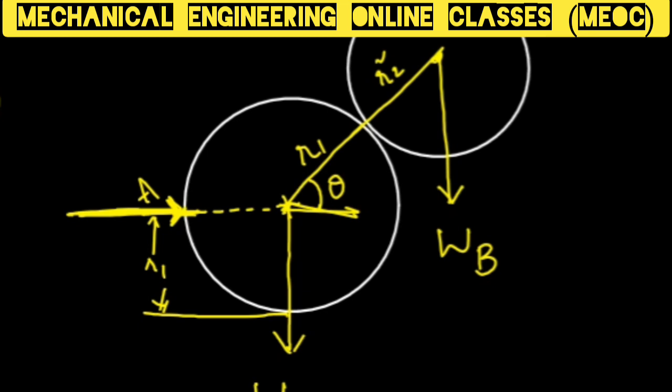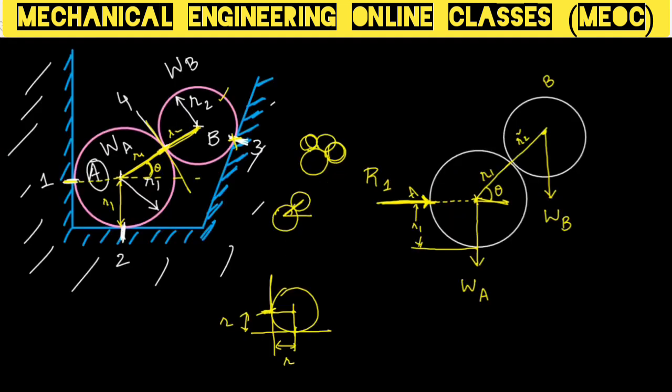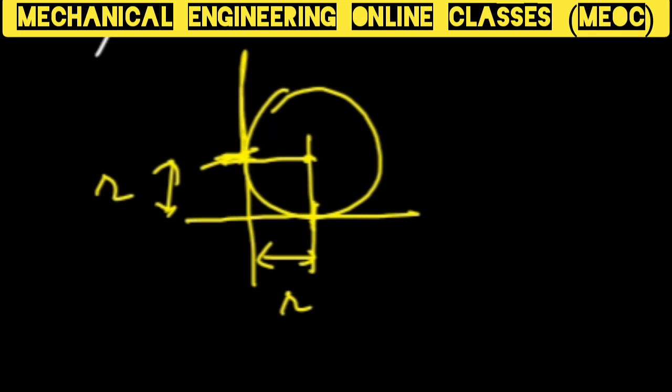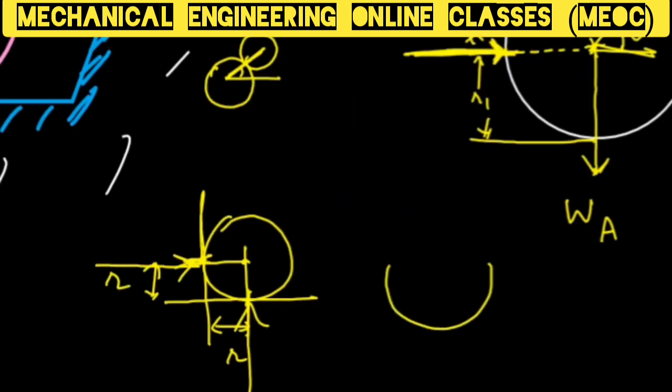So there is a reaction from the wall. Because it is at point 1, I am naming it R1. The normal reaction will be towards the object, so R1 is rightward. R1 is done. Now what about point 2? In a similar fashion, like how we have mentioned R1, we must mention R2 also. So here R1 came at this particular location, so R2 will be here. The circle is coming in touch at this particular point. This is the point of contact.